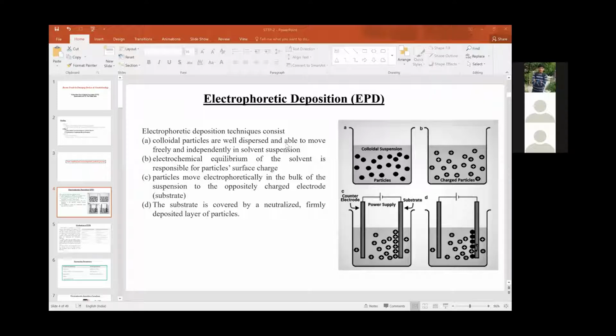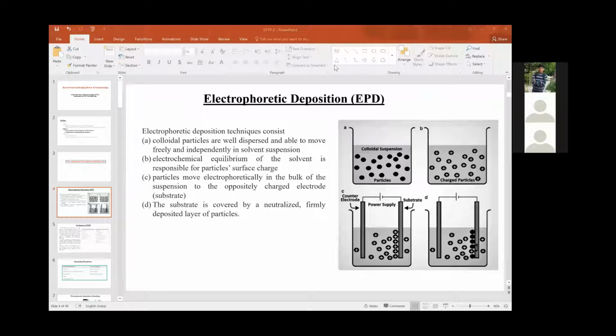Due to this, the charged nuclei or atoms are deposited onto the substrate, and through nucleation and other chemical reaction processes, they are converted to MnO2. So in the EPD process, we can get both direct material synthesis and direct thin film.